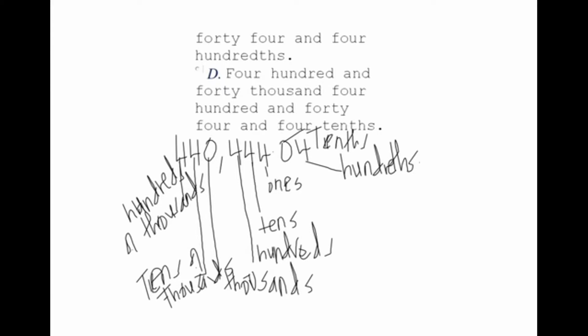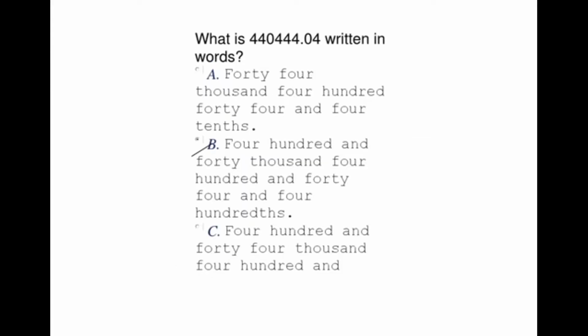So these will be 440,000, 444 and 4 hundredths. So this is correct. This is correct. 400 and 40,000, 444 and 4 hundredths. So if we are to write this, we have